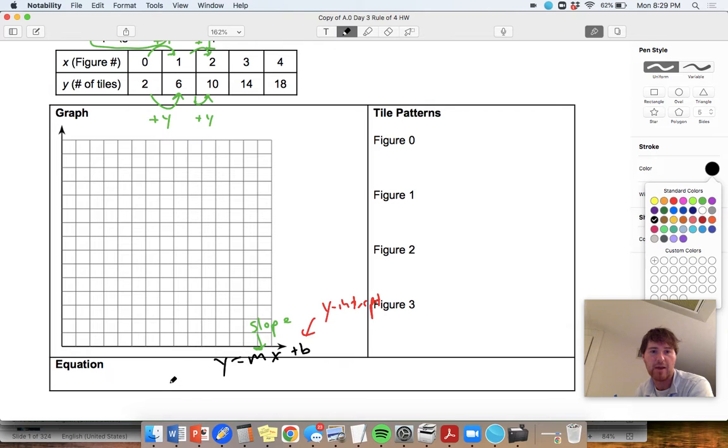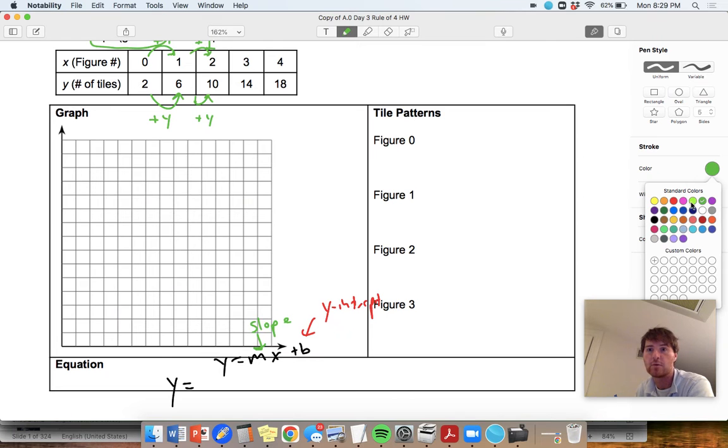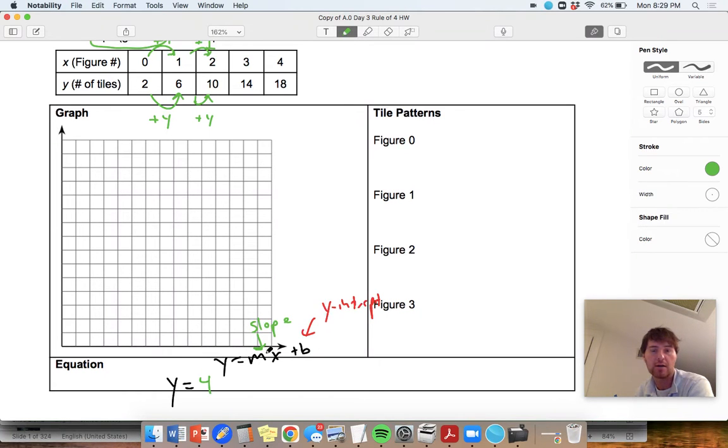And so that means my equation here is going to be y equals, well, what's my pattern? Well, we're going by +4. So it's y equals 4, there's my slope, and then I have x plus,